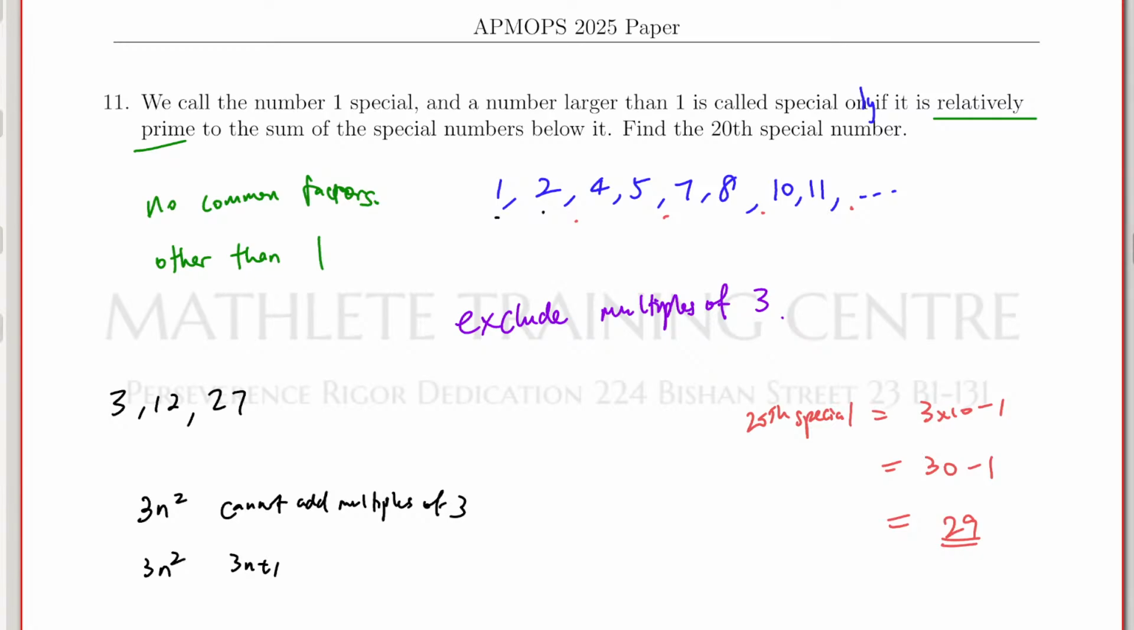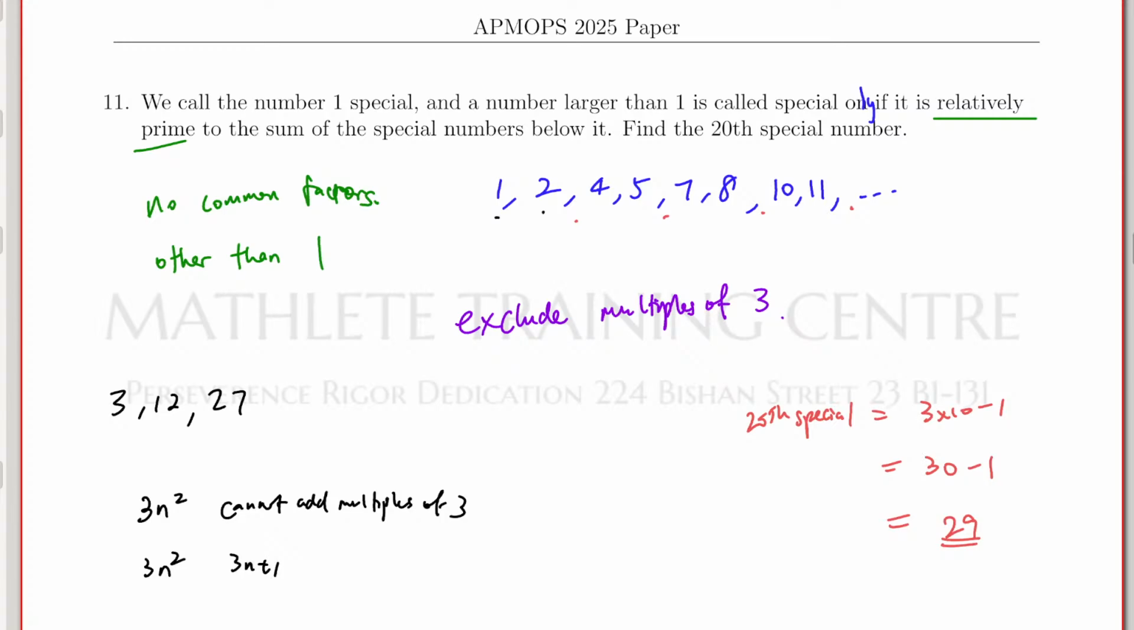Okay. 3n squared and 3n plus 1, they do not share any common factor because, firstly, if there's any common factor of these two, it must be a common factor of their difference. Right? And their difference, you can actually try to calculate that. So, for example, you can take n copies of this